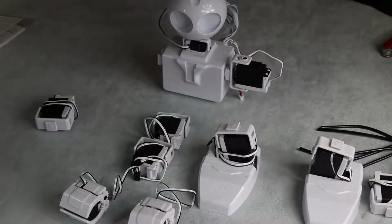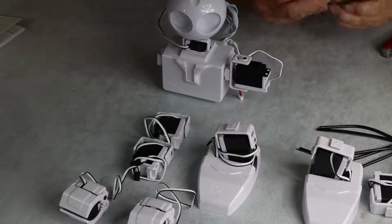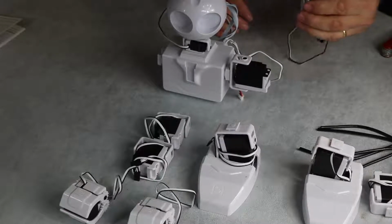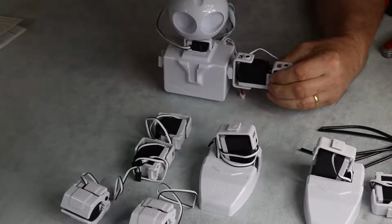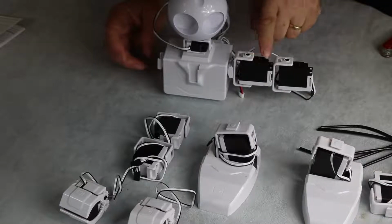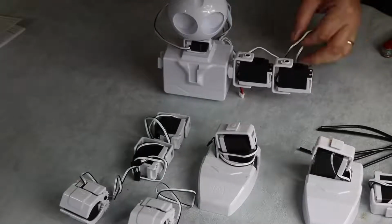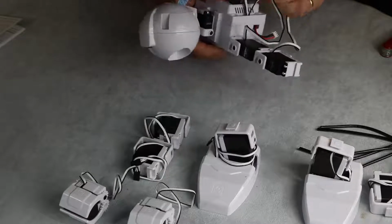and then we're going to connect a second servo onto the first, and again gently unwind, and this one is going to clip into that servo like that, and you'll see there's a slight stagger go along from here down to that one. This one is going to go down to the next port, which is D5,